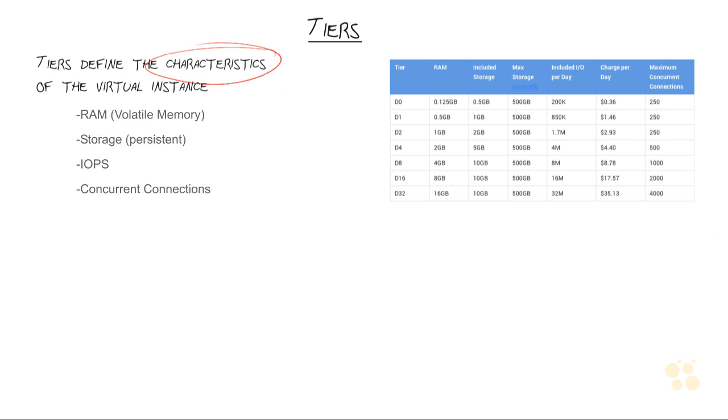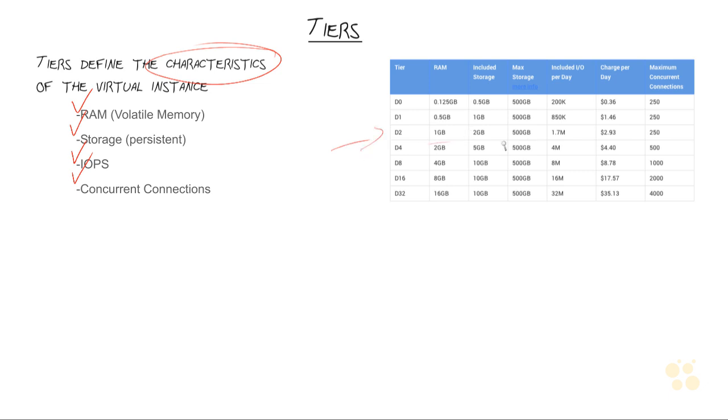Those are things like the amount of RAM or volatile memory that are available to your instance. If you're using a pay per day or a packaged billing option, it's the amount of included storage and I/O operations in your price. It's also going to tell you how many concurrent connections your instance or your database can have. So if you look over here and you take a look at, say, D2 for instance,